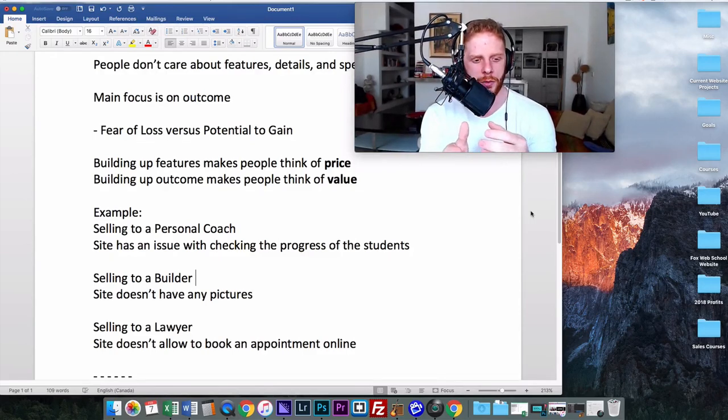So for this lawyer, we might say something like, look, at the moment, your website doesn't allow people to book online. I can put a really good system in there. It's going to be very easy for people to go ahead and pay for your time instantly. When you check online in the morning, you'll see who's booked in for that day. You can do online consultations at whatever time you want. We'll set it up so that you can decide which free time you'd like to use every day.